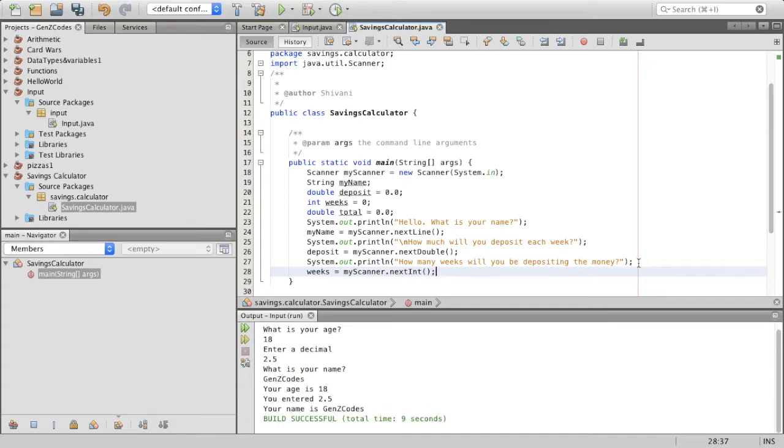Now what I want the computer to do is compute and display the total. So here I'm going to say total is equal to deposit times weeks, right? Because that would essentially calculate how much you're going to save up after that number of weeks. And then I'm going to say